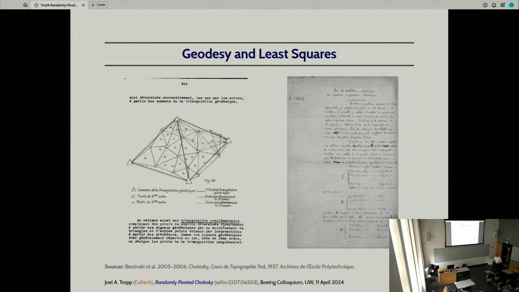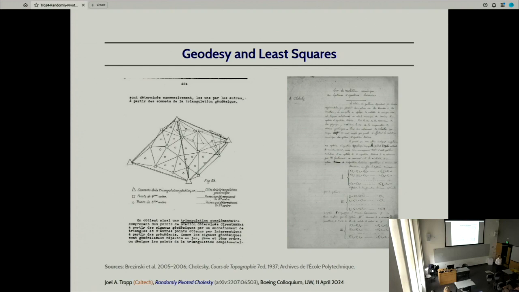You have to use spherical trigonometry to work out all of these equations. And so ultimately, to find the locations of all of these points in the map and the angles between them, you wind up with a lot more unknowns than you have equations, and you have to figure out how to resolve that dilemma. And to that end, Cholesky developed a method